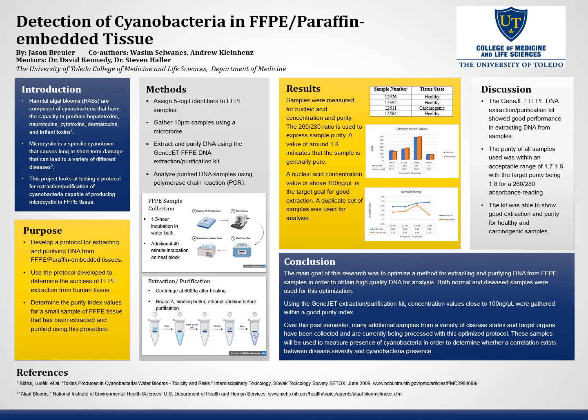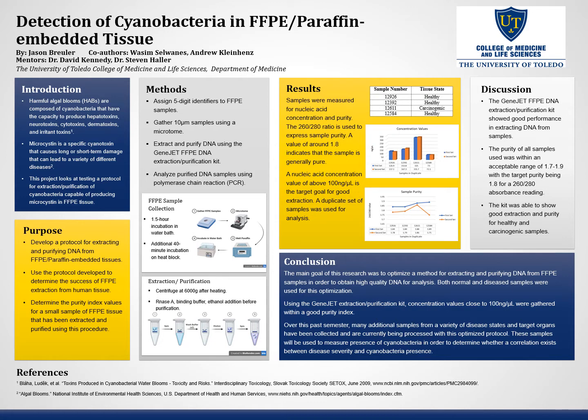Now you may be thinking, what is cyanobacteria? Cyanobacteria are microscopic organisms found in many water sources. They are also referred to as blue-green algae and are the main organism present in harmful algal blooms, otherwise known as HABs. These bacteria are able to produce many different toxins, such as hepatotoxins, neurotoxins, cytotoxins, dermatoxins, and other irritants. One notable toxin produced is microcystin that can cause long or short-term damage when highly concentrated,